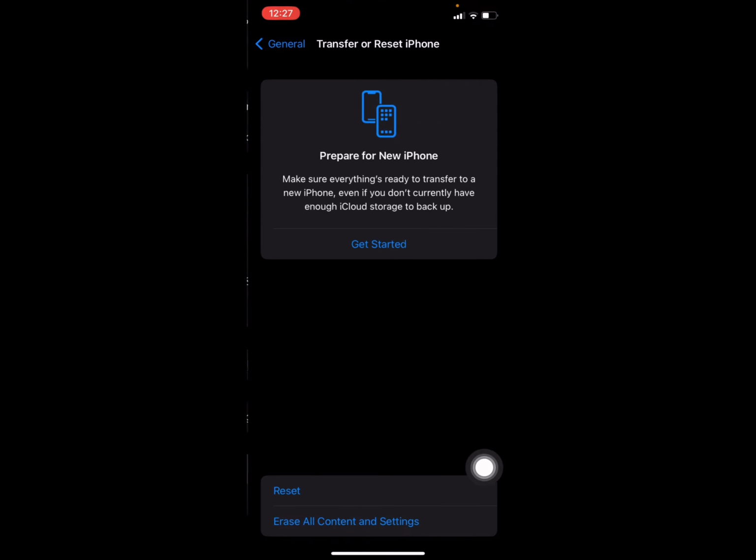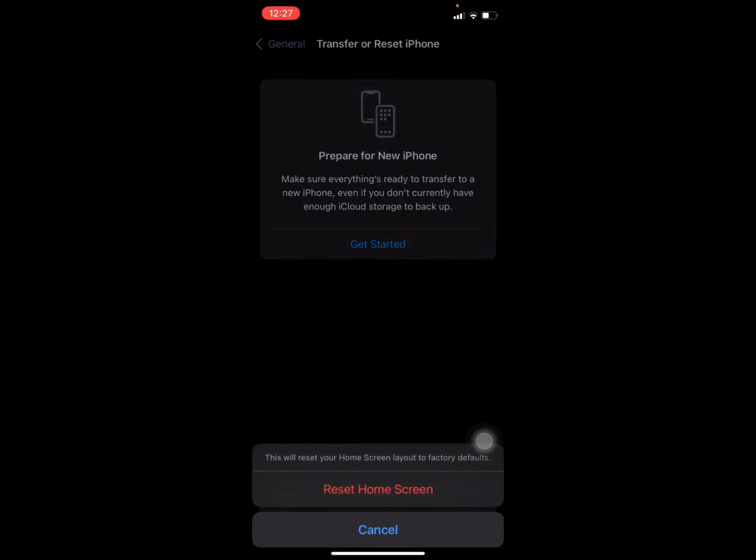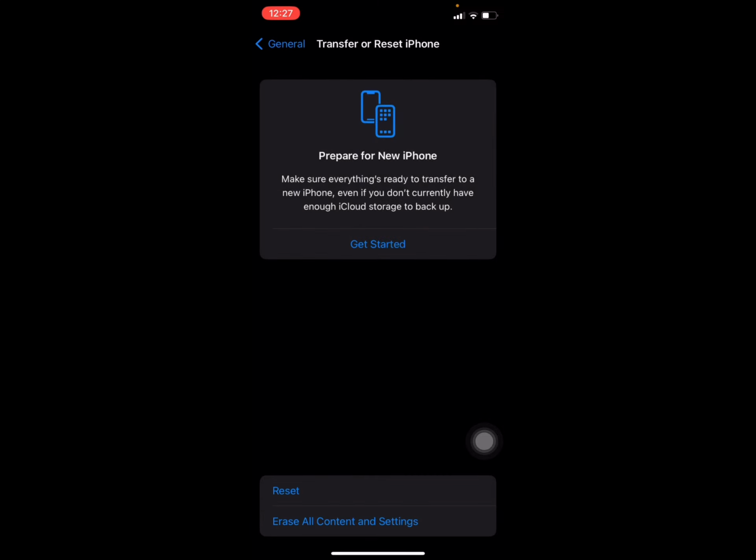Press on it and you have to select reset. Press on it and choose reset home screen layout. Press on it and reset home screen. And now swipe down,